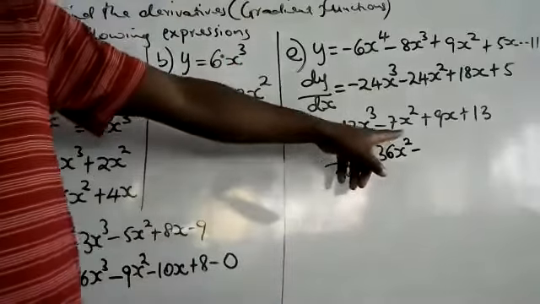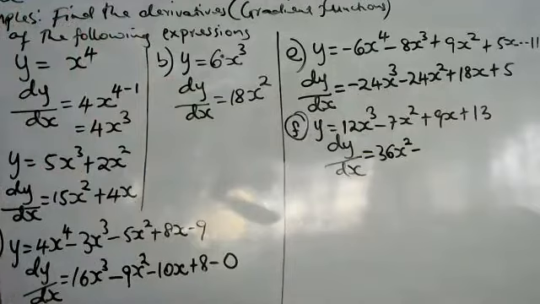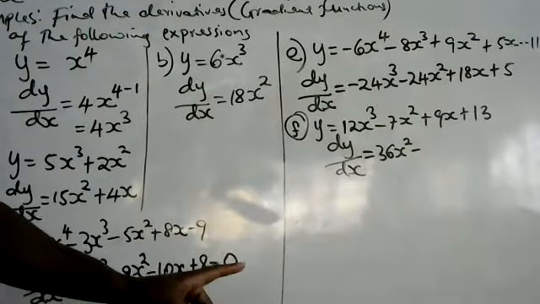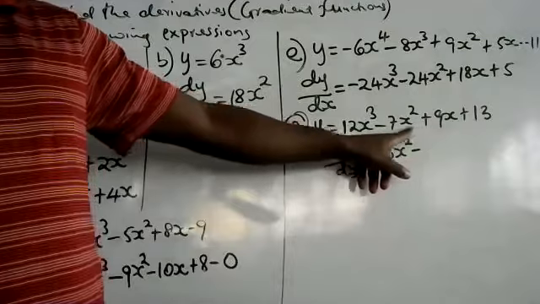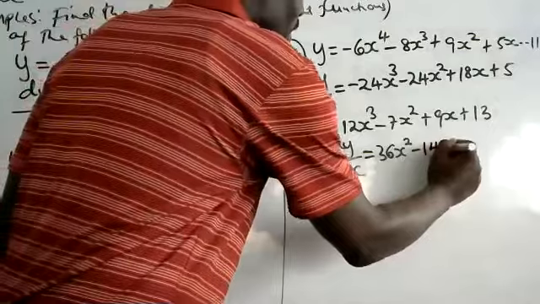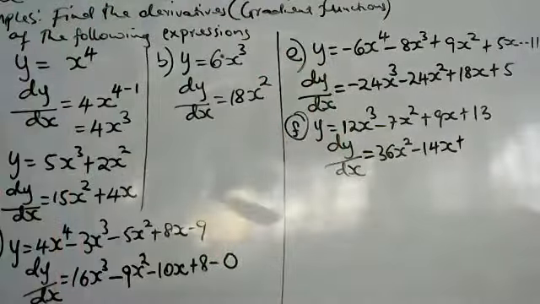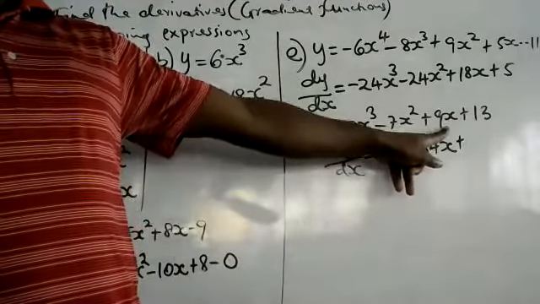Emily, 7x squared will be differentiated to be 14x. Sorry, Emily. 14x. I've not heard you. 14x. 14x. Yes, that is correct. Plus Stacy. 9x, if you differentiate it, it becomes